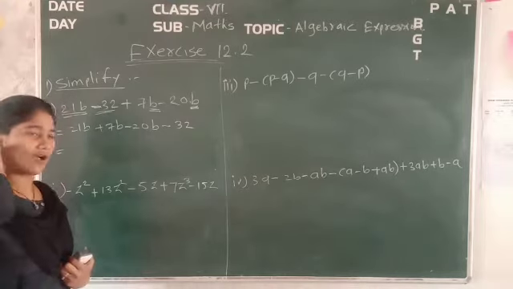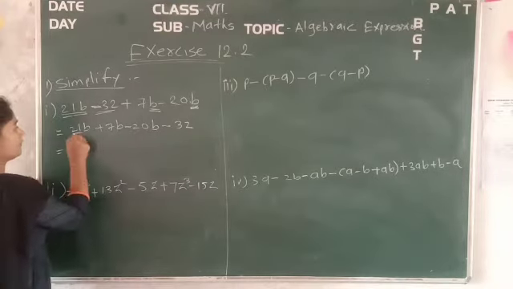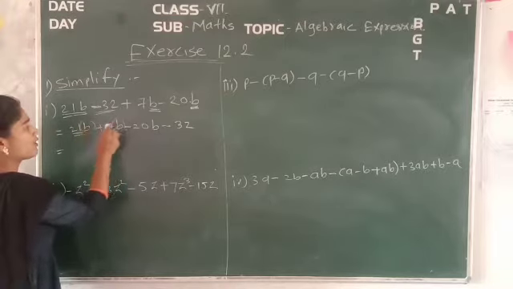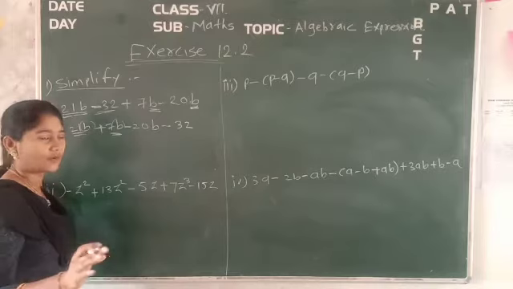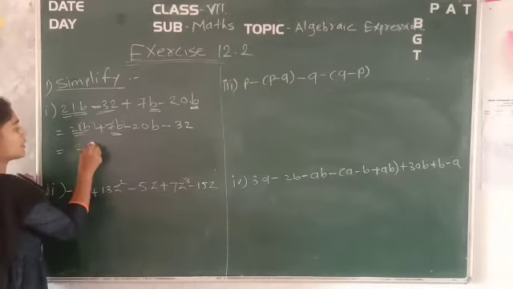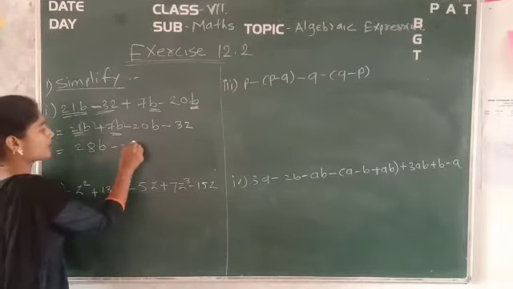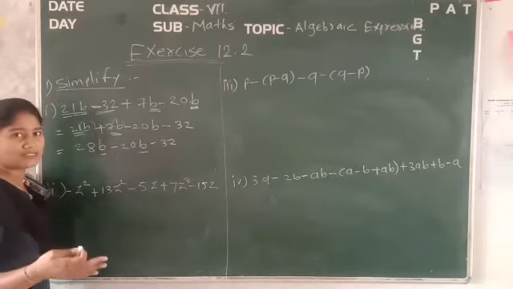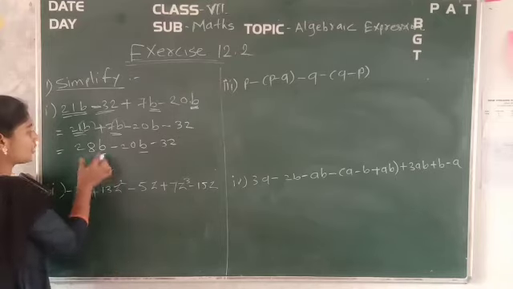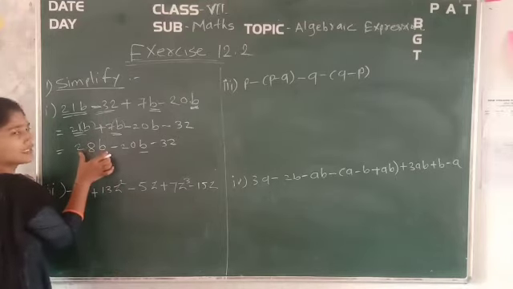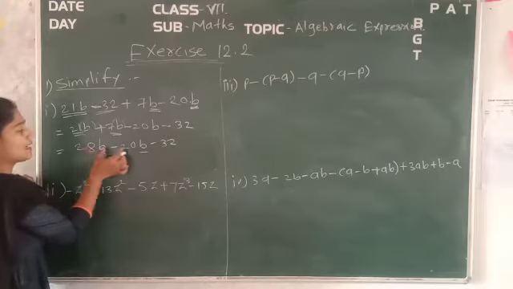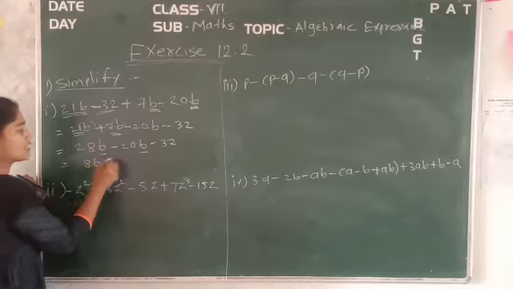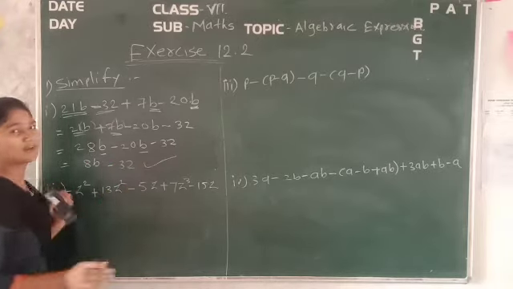Just try to solve it, how we can solve it. So now 21 plus 7. First of all, we have the b. We will solve the plus term. So 21 plus 7, that is 28b. Now minus 20b, keep it as it is. Minus 32. Now the same variable b is there, the degree is the same, so again you can subtract now. It is in a simplification form. So 28b minus 20b, 28 minus 20 is 8 only. So 8b minus 32. This will be your required answer.